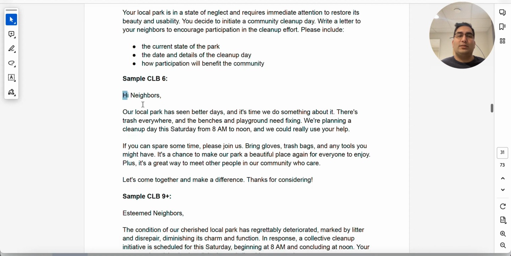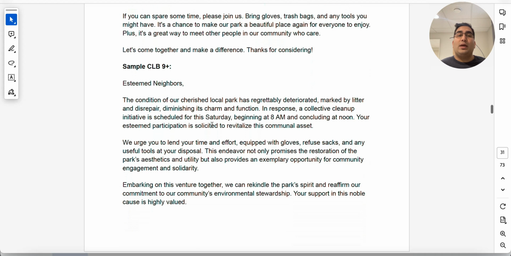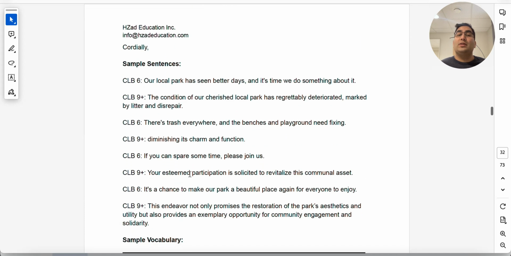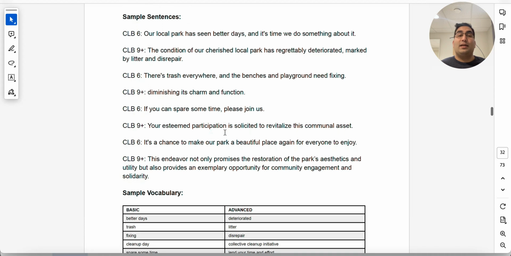So we're going to look at what a CLB 6 looks like. Then we'll look at what a CLB 9 looks like. And this breakdown is amazing. We're going to look at most of the important sentences that would score a CLB 6 and compare the same version of that sentence with a CLB 9 plus. I'll tell you why that sentence would score CLB 9 just by the addition of some things that are important